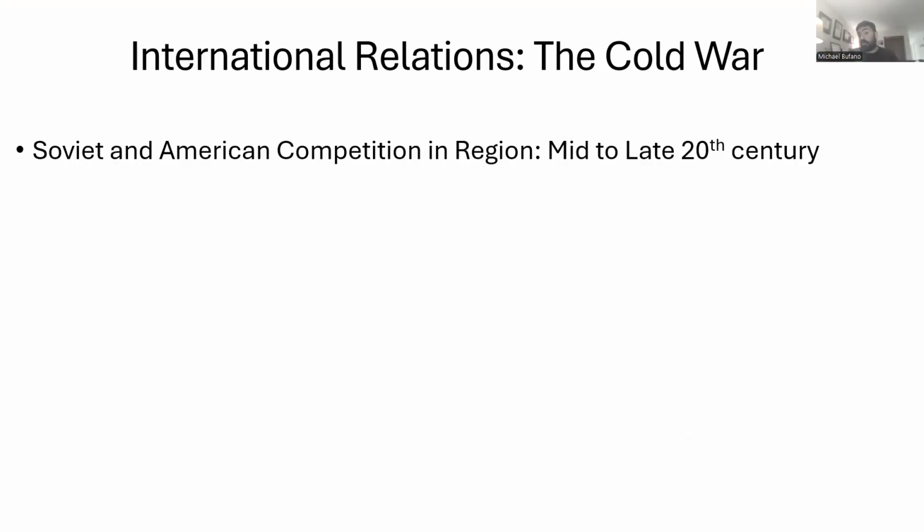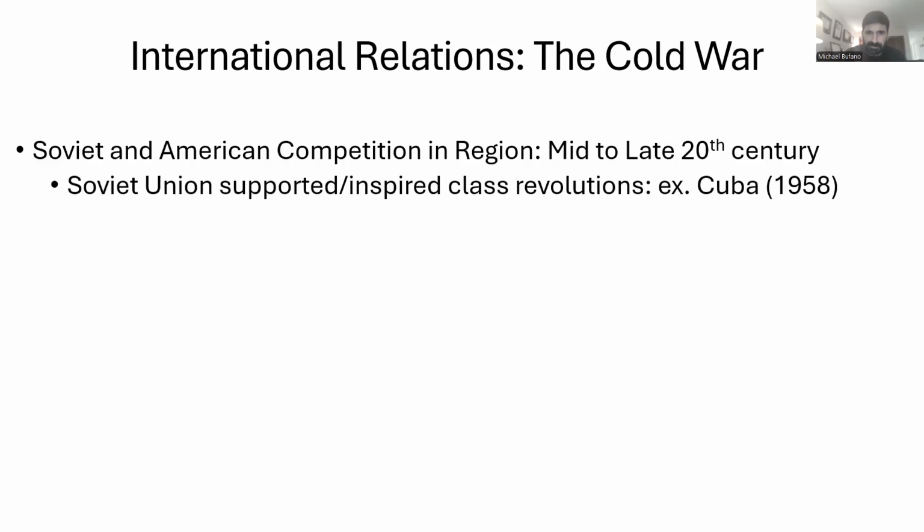But another political player would be influential in this region during this era, the Soviet Union and their communist far-left ideology. In fact, during the Cold War, the Soviet Union and the United States competed to try to influence the politics of the region. While the United States wanted to spread capitalism and right-wing political and economic policies throughout the region, the Soviet Union wanted to spread labor union activism, far left-wing politics, and the redistribution of wealth to impoverished communities.